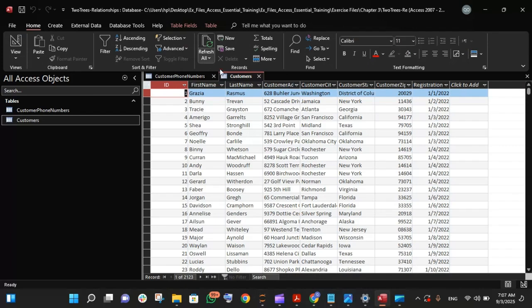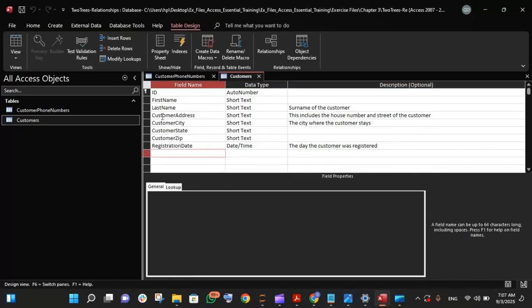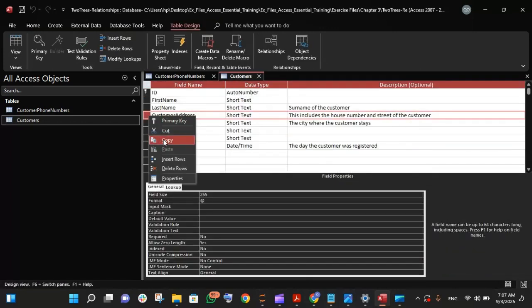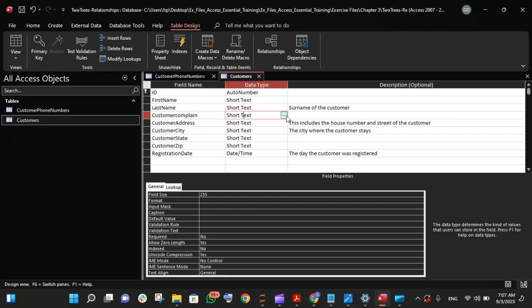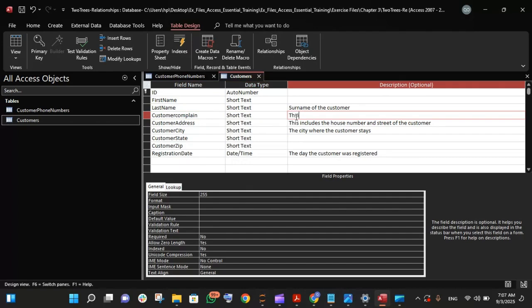And also, I can say, okay, I want to add a new column to it. I can just say, okay, let me insert it here. Insert all. You can see it. I can just say, okay, I want to add customer complaint. Now here I can say what I want to put in short text. I can say, okay, this is the complaint